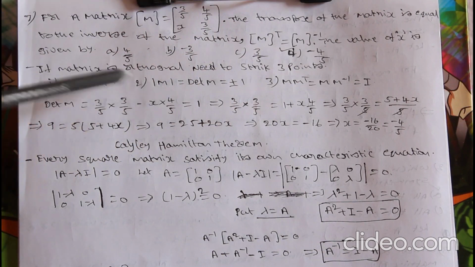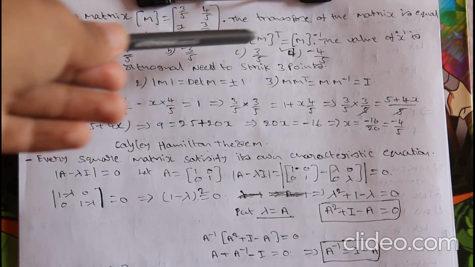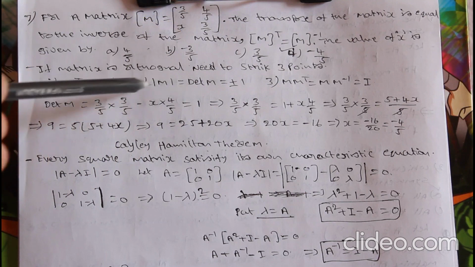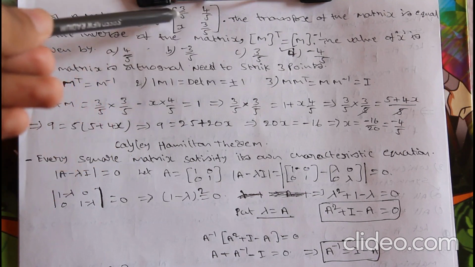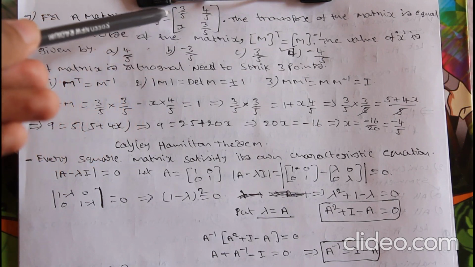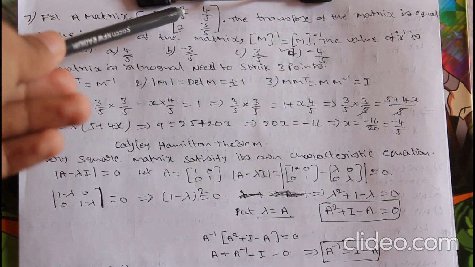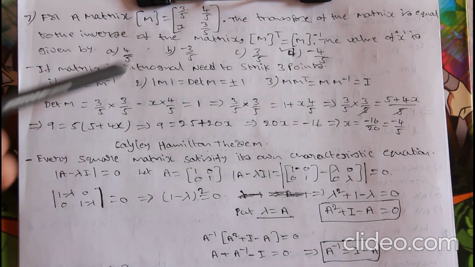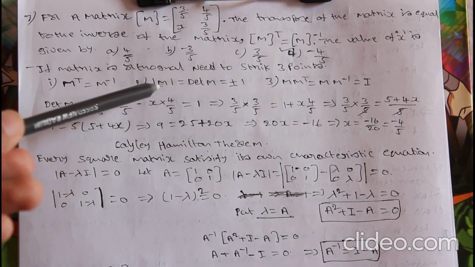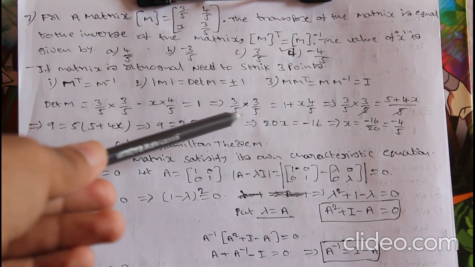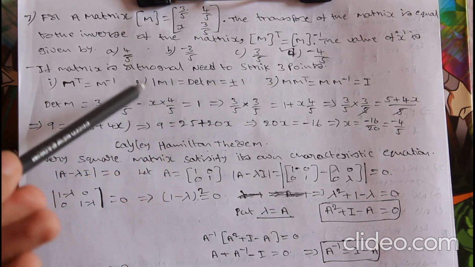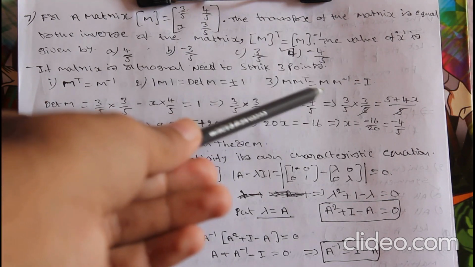So from point 1, the question gives M transpose is equal to M inverse, so the matrix is orthogonal. Now look at point 2, the determinant is equal to 1. So find the determinant value and make it equal to 1. Then directly we will get the x value. So 3/5 into 3/5 minus x into 4/5 is equal to 1, because for an orthogonal matrix the determinant value is equal to 1. So 3/5 into 3/5 is equal to, taking this minus x into 4/5 to this side, 1 plus x into 4/5.